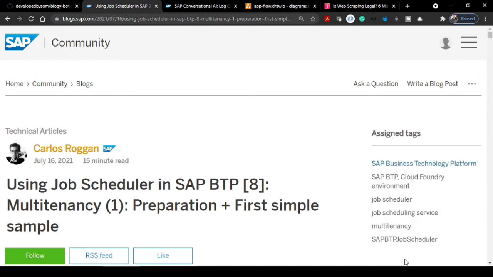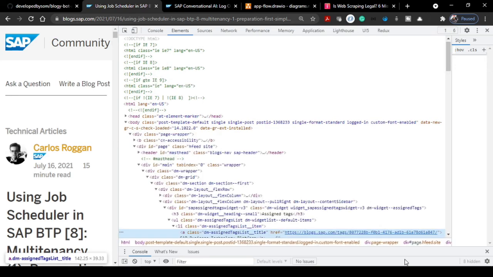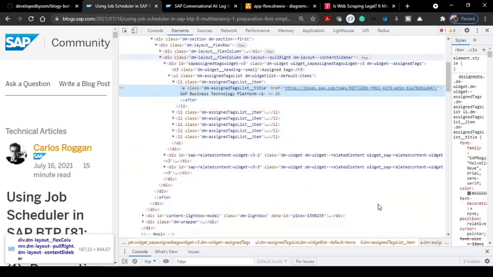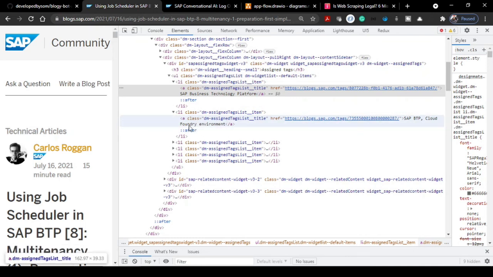If I right click on that, I will similarly find an unordered list, and the list content containing that particular tag, and I am able to get all the different tags one by one. But unfortunately, the technique that we have just applied, which is an XPath selector, will not work over here. There is a reason for that. Let's see why it will not work.